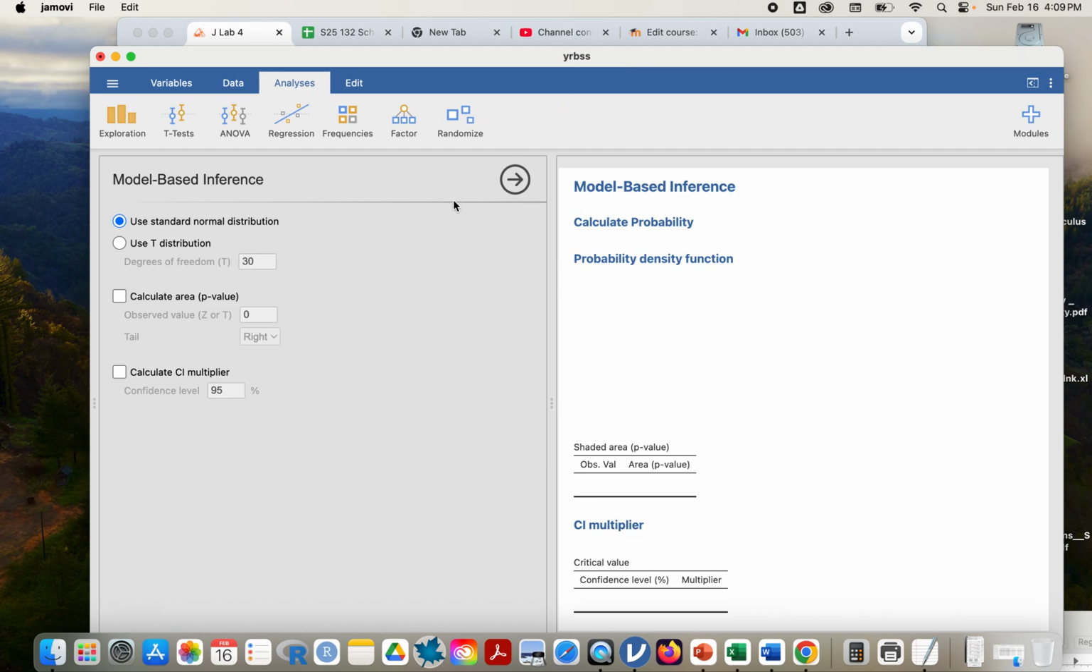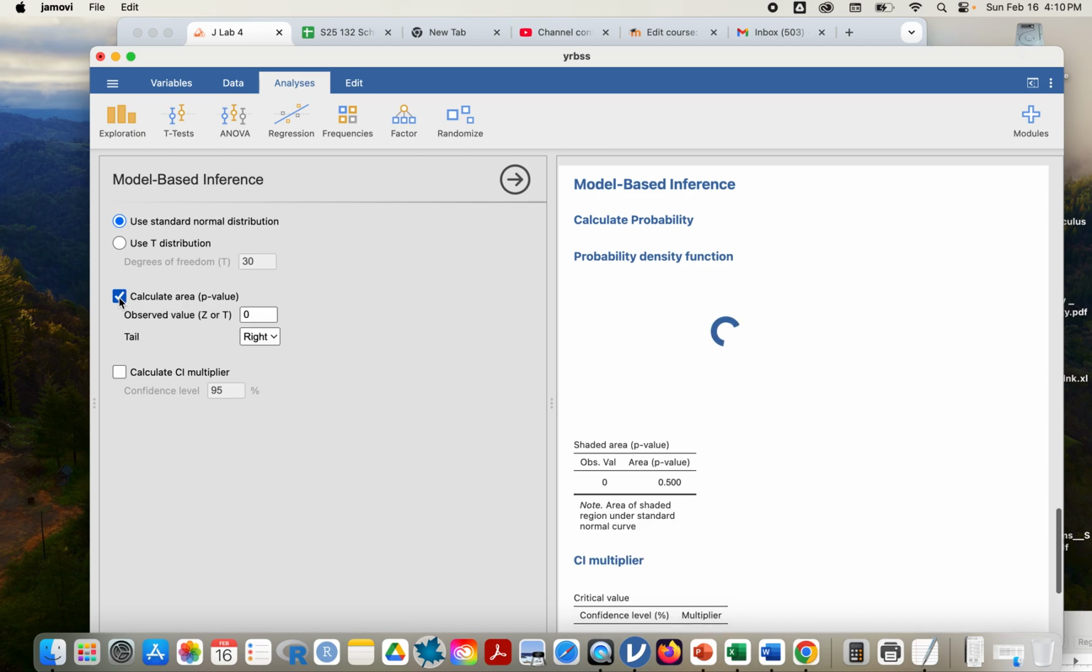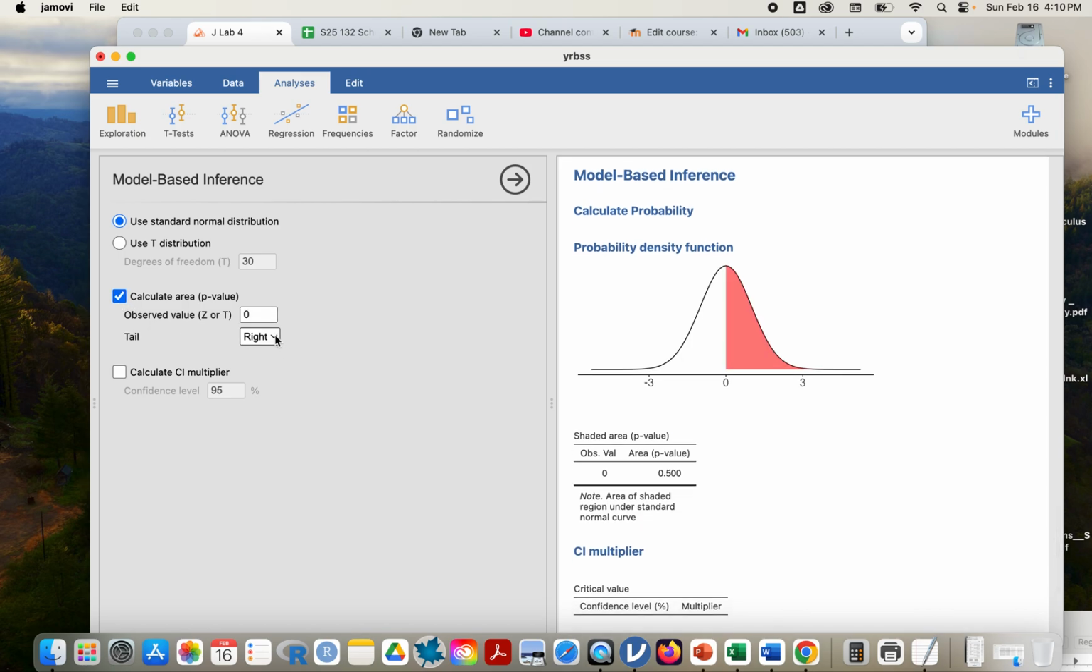So we are going to use the standard normal distribution, and we are going to calculate the p-value. Now I'm going to do something here. I'm going to put this on left. We're going to want to go to both because it's a two-tailed test, but I just want to show you something. Our z-score is negative